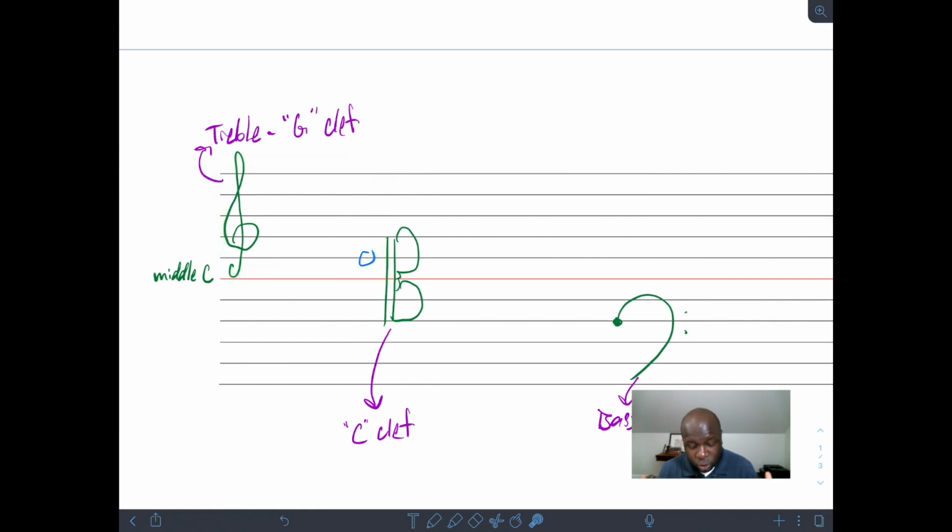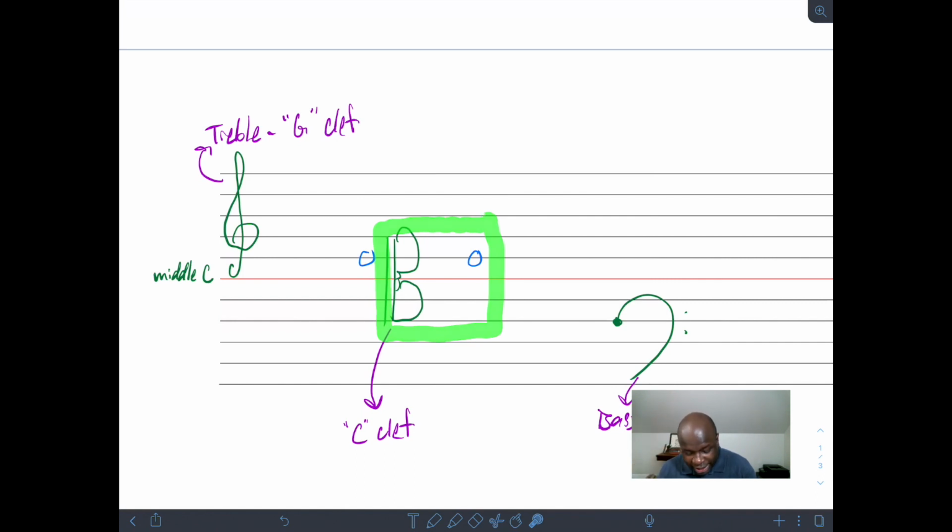But maybe I'm not always reading in treble clef. Maybe I'm taking that same E and I'm reading it on a C clef. Notice how the E is in the same place it was before. It hasn't moved. My perspective changes, though, if I'm going to look at the 5 lines centering on middle C, calling it the alto clef. Okay, it's still an E, but now it's going to look like it's not on the bottom line of the staff, but on the second line from the top of the staff, right, crossing through that line.